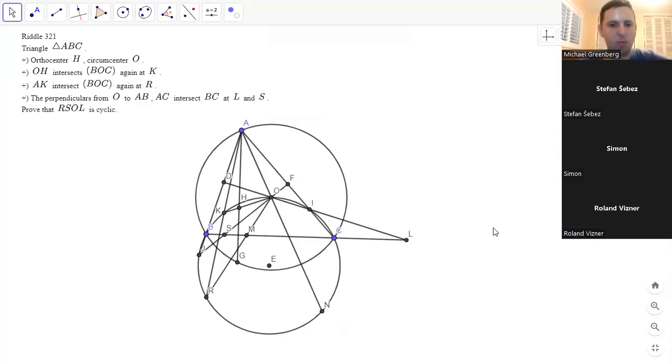You just need to show that I is actually that point on BOC. So you intersect OD with AC and prove that OICB is cyclic, and that is an angle chase. Because we want to show OIBC is cyclic, but we know angle BOC is twice angle A, and